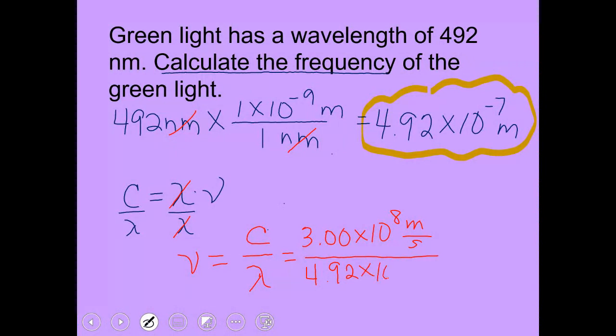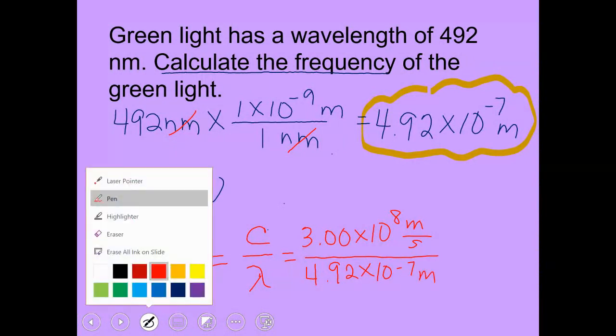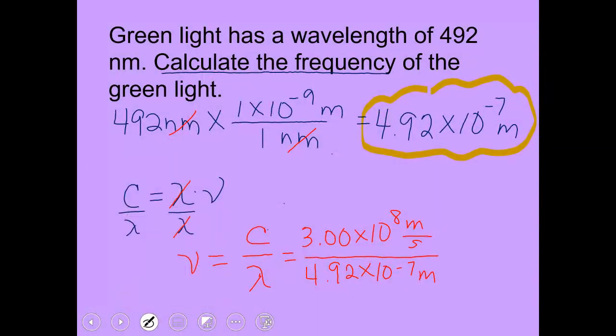4.92 times 10 to the negative 7 meters. You can see now why we needed to have that in meters, so that the meters would divide out. And our answer, the label on it, will be per seconds, which is the same as hertz, which is indeed the unit for frequency. So you should plug into your calculator 3.00, then use that double E button, 8, and